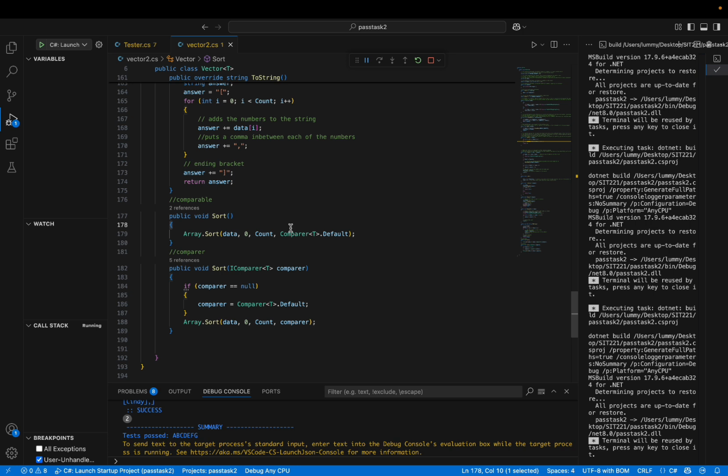So the main two parts that I included in my vector class are these two different sort methods. The first sort method relates to the IComparable interface. Here we just have the sort, and it takes in the data, which is the array, from 0 to count, so it works with the whole array, and the compare is a default. The way this works, after I use it in my student class, is that it needs a built-in